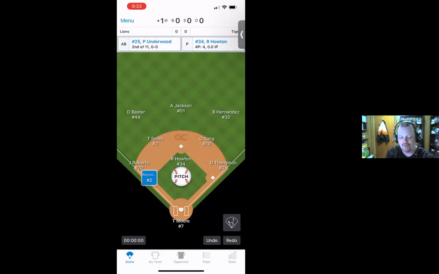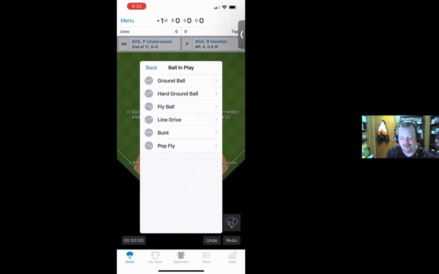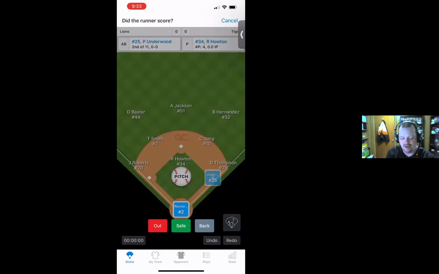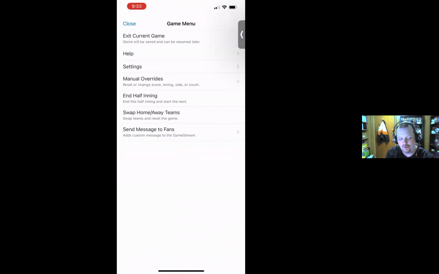I have Underwood back up to bat again, and now I can redo his at bat on where he hit it out. I thought they called him out, but the ump called him safe. So now I can do the ground ball. It was a single to here, and he's safe. And he went back to the bag. He didn't actually score, right? So that undo, redo down in the bottom corner is there. I believe you have the option